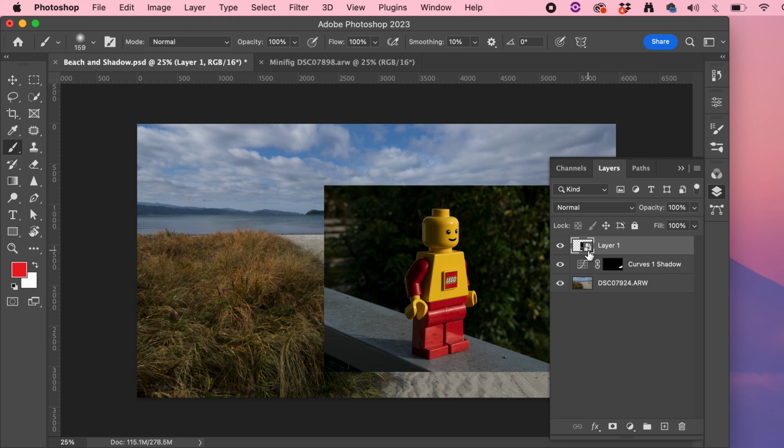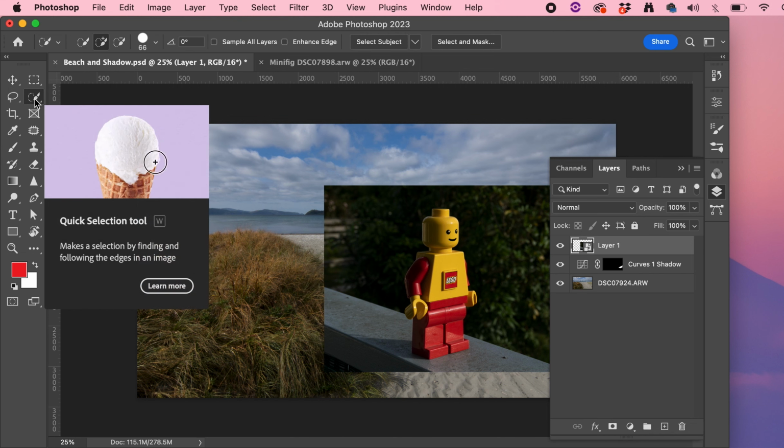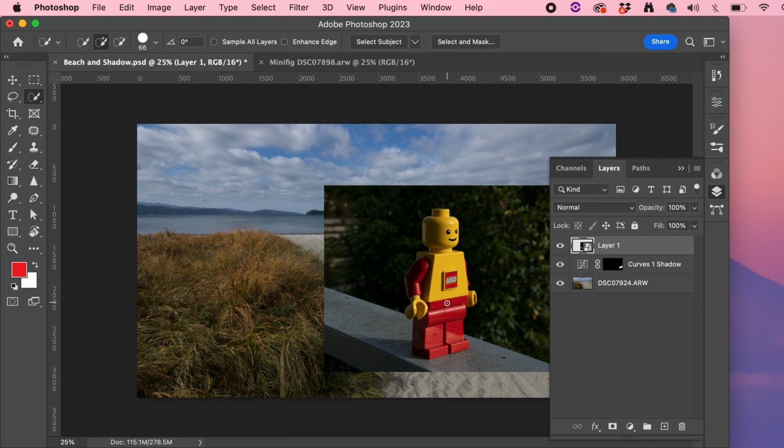in the corner. So we'll come down to the bottom of the layers palette, and if I just mouse over that, this is how we create a mask. We can add a layer mask. Now first of all, before we do that, I want to create a selection. So I'm going to use my quick selection tool and just select